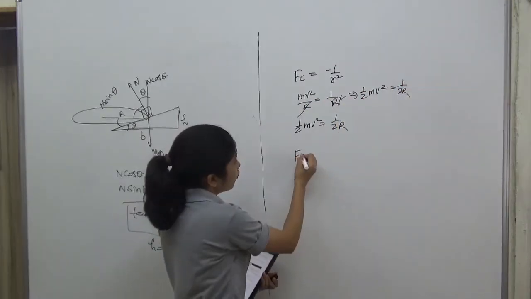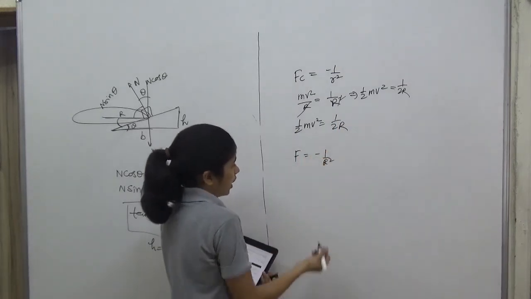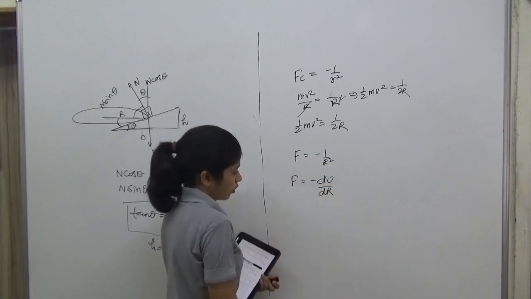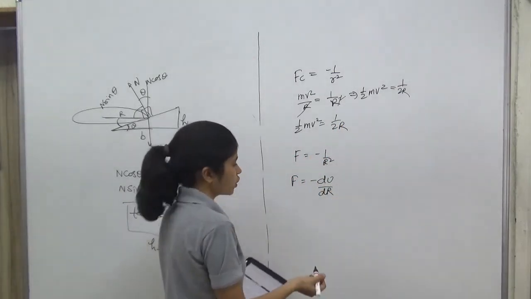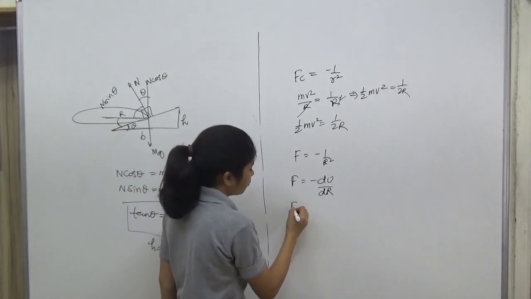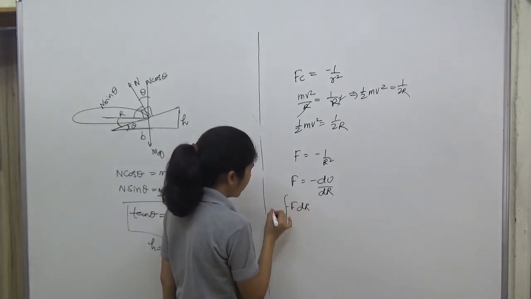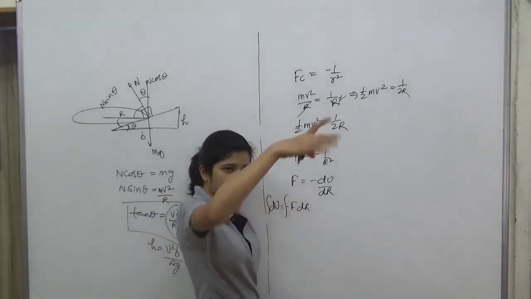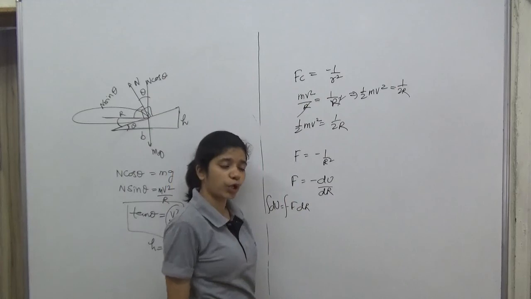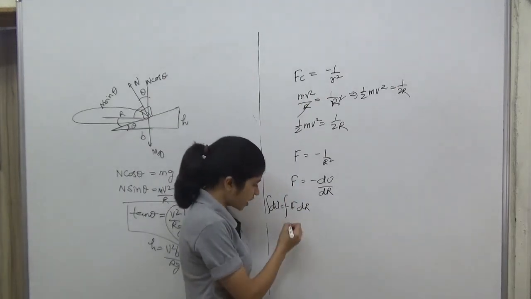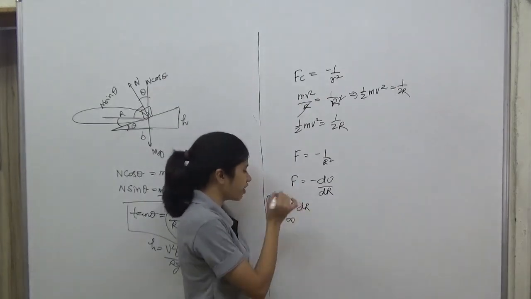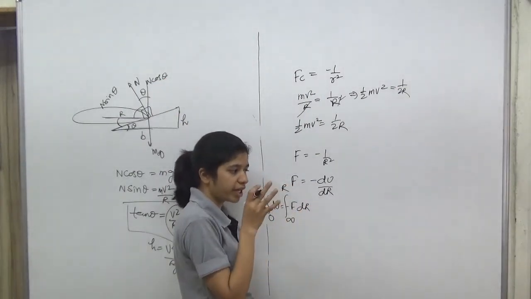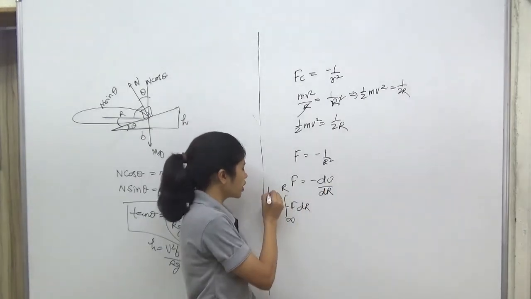Now the force is equal to minus 1 by r square, and we know that F is equal to minus du divided by dr. So from here we can find the potential energy. So minus of F dr is equal to integration du. Clear? Now we are considering that when the particle is out of our range, at infinity, the potential energy is 0, and when it is at distance r, moving in a circle of radius r, from the origin, its potential energy is U.